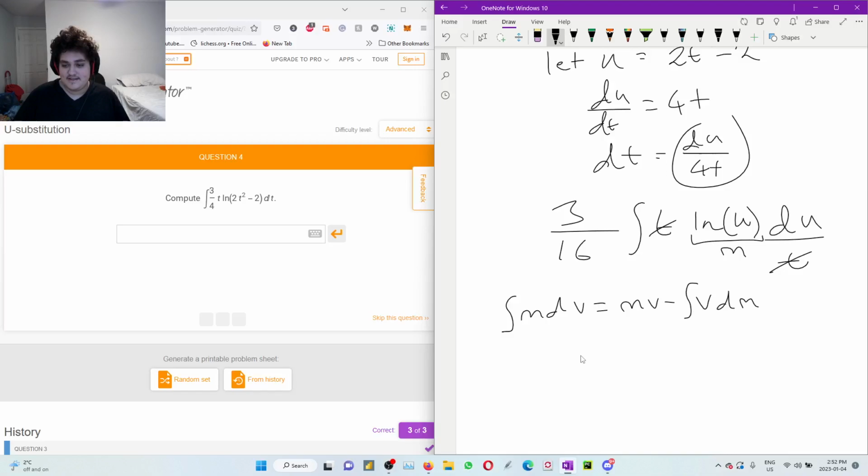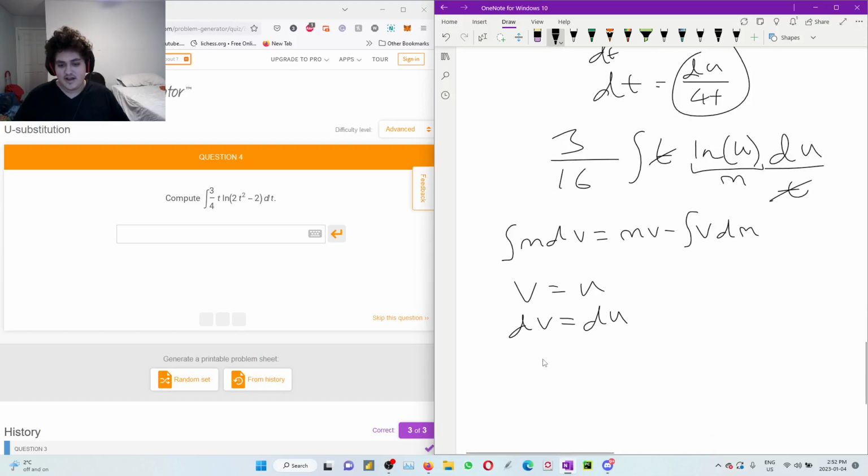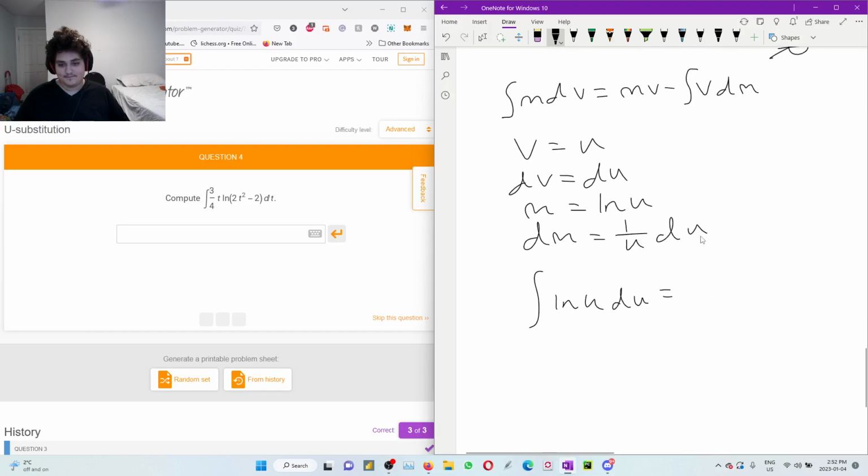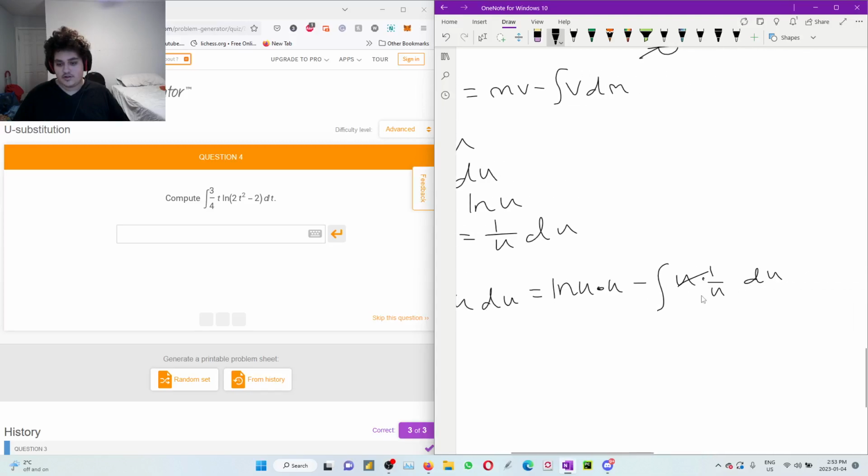So this is the integration by parts formula. I'm gonna make this be our m, and our dv is just gonna be our du, which means that v equals u, and dv equals du, and we have m equals ln u, and therefore, of course, dm equals 1 over u du, because dm by du is 1 over u, right? So plugging everything back into this formula, the integral of ln u du, which is what we're trying to solve for, is equal to mv, ln u times u, minus the integral of u times 1 over u du. So this is, of course, just the integral of du,